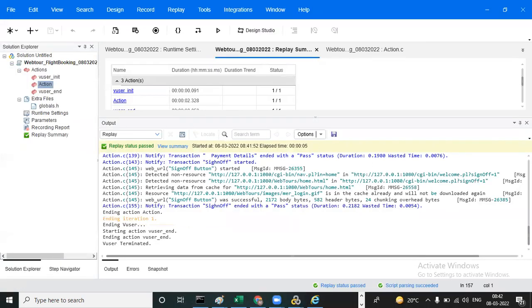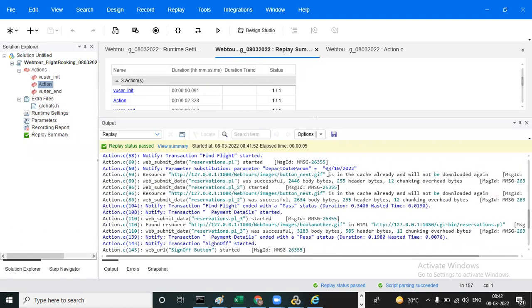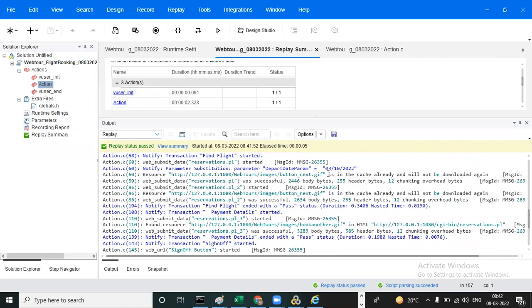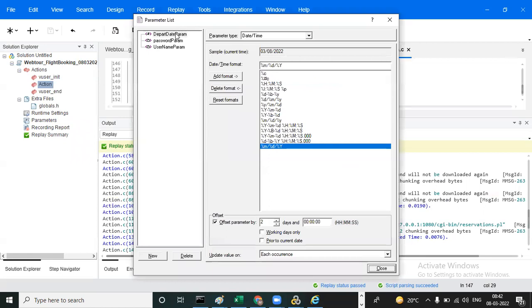We check whether it came 10th or not. See, which date came? 10. If we want a future date, click on Control L, the parameter list, and select the departure date. I gave the offset as 2 days. Offset is nothing but a future date. For example, I want to go with the